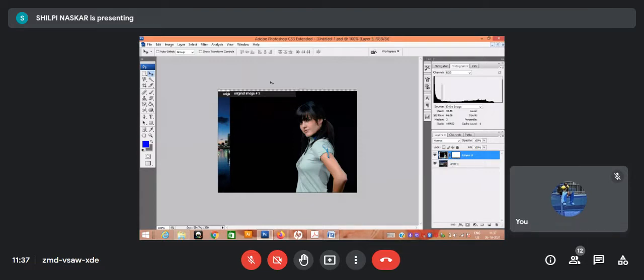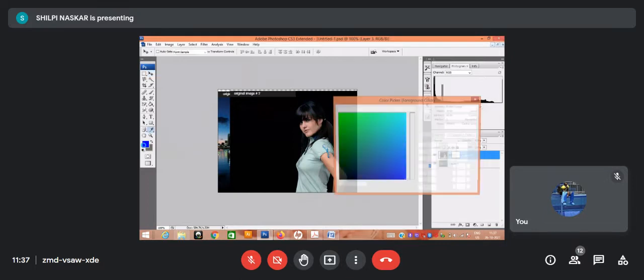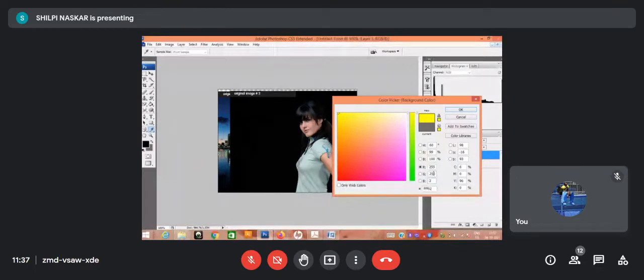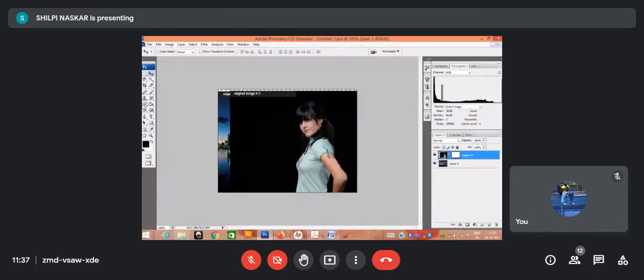First you have to set the foreground color as black, and the background color as white. Now the foreground is black and the background is white.